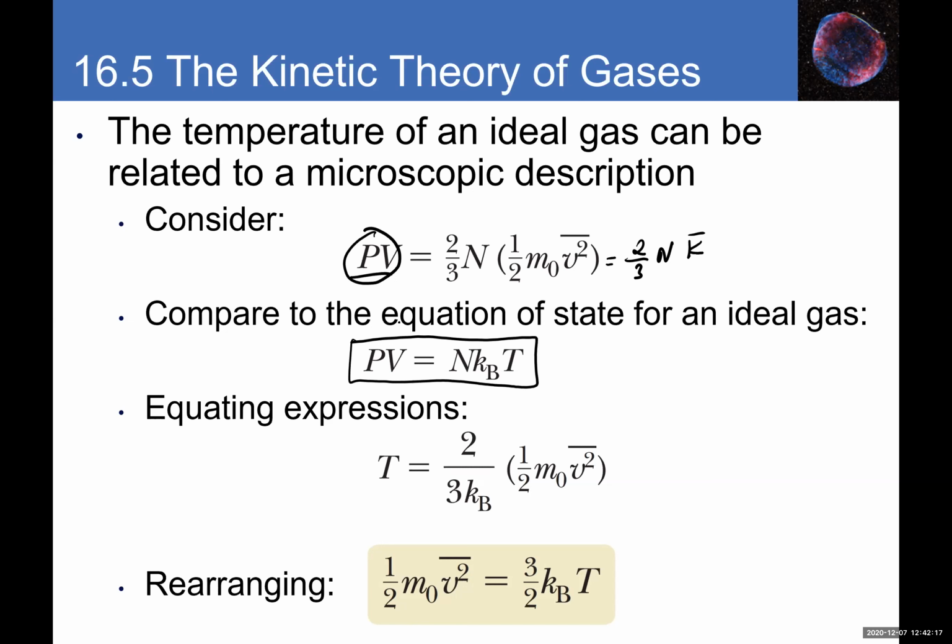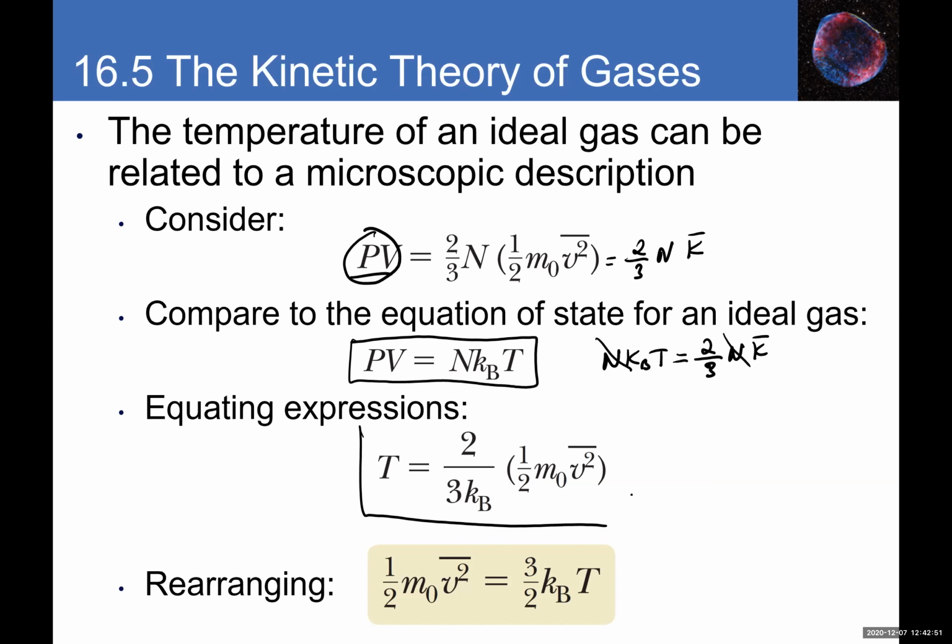Number of molecules times Kb times temperature. That means the left side, N Kb T, equals the right side, 2/3 N times average kinetic energy. Canceling the N, the number of molecules, and dividing both sides by the constant Kb, we end up with this equation: T, the temperature in Kelvin, equals 2/3 times the Boltzmann constant times average kinetic energy, which in a way,